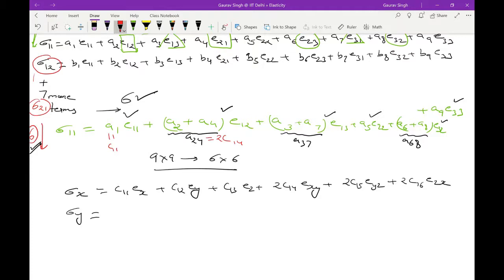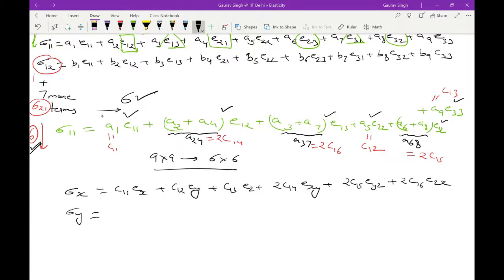E13 should be EXZ, and that's 2 times C16. EZZ is C13. E32 is YZ, so this is 2C15, and A9 is C12. This is how the 6 by 6 system can be written, and similarly you would have a relation